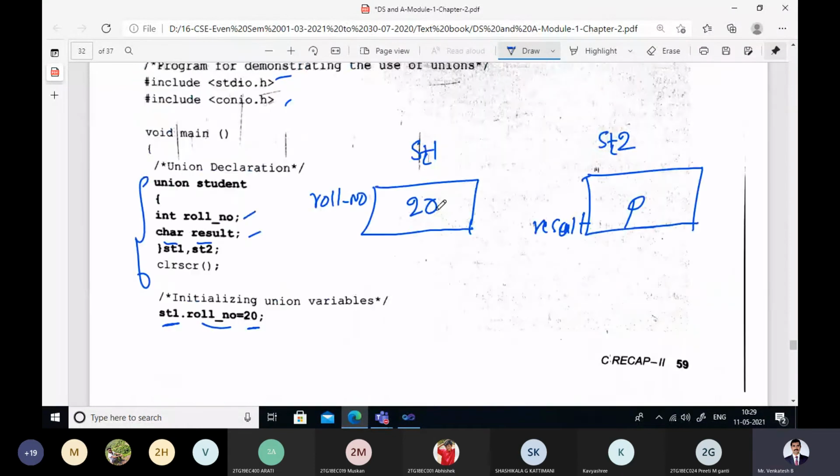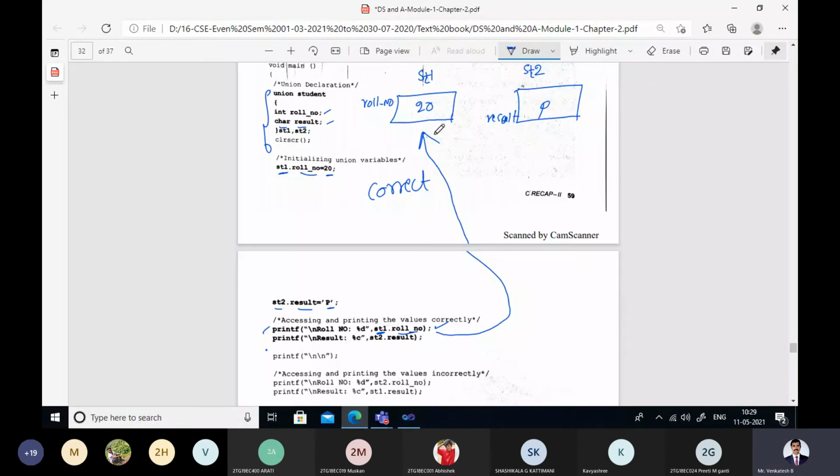A roll number member of ST1 is being accessed, that is correct, no error. Similarly, the result member of ST2 is being accessed, and that is active. So this is also correct, no issue in that one.